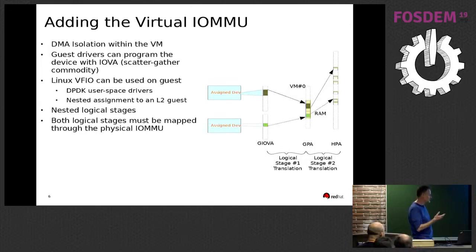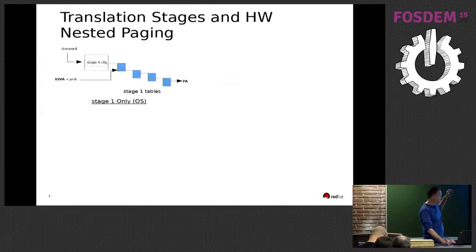I do not make any assumption on how it is going to be implemented at hardware level. This is what we are going to see just after. So now let's have a look at the hardware capabilities, because you have those two logical stages to be implemented. You remember that you have a physical device that you are going to assign to your guest, and this physical device is protected by a physical IOMMU. So this means that at some point of time, you need to program the physical IOMMU. And this programming must be consistent with the two logical stages we have seen before.